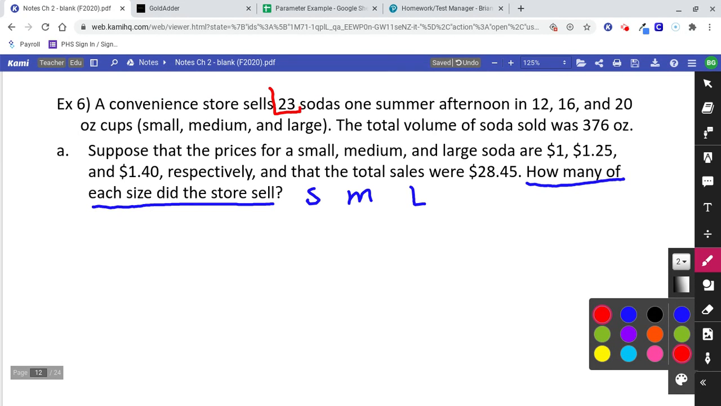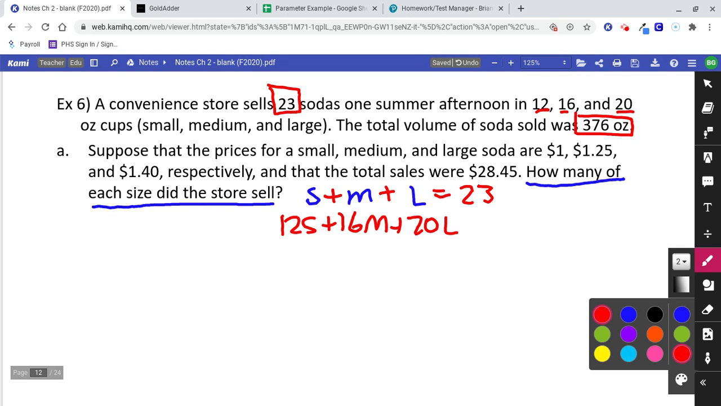When I see a number like 23 sodas, that looks like a total. And so I can tell that the three variables are going to add up to 23. That's how many there are. Smalls plus mediums plus larges equals 23. Continuing, I see these numbers are all talking about ounces, and I see another number that looks like a total. So I can put that back in and say something like 12 small plus 16 medium plus 20 large equals